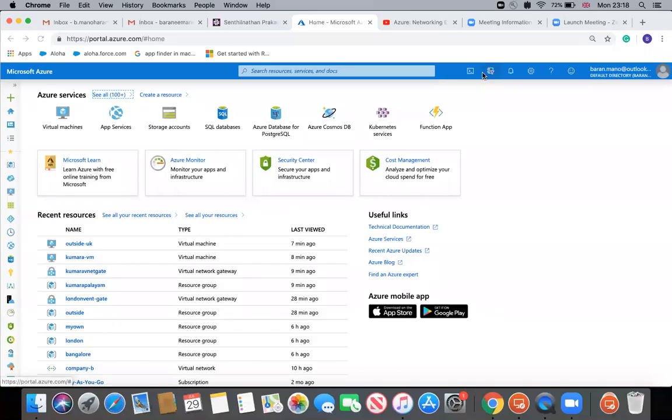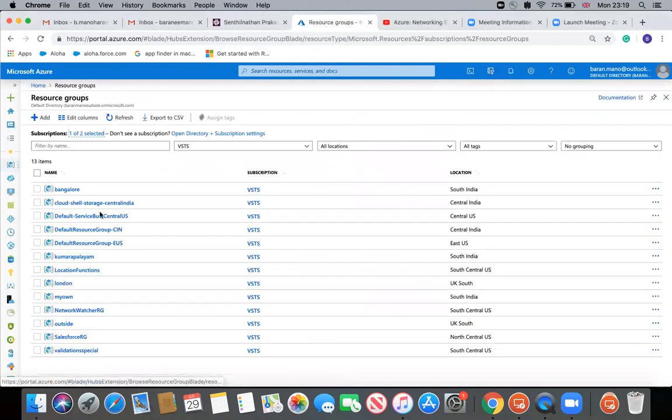Hello, in this video I'm going to explain how to create two virtual networks with two subnets, and I'm going to show you how to create a VPN between these two virtual networks. So for that I have created two resource groups. One is this one called Kumarapalayam. That resource group is